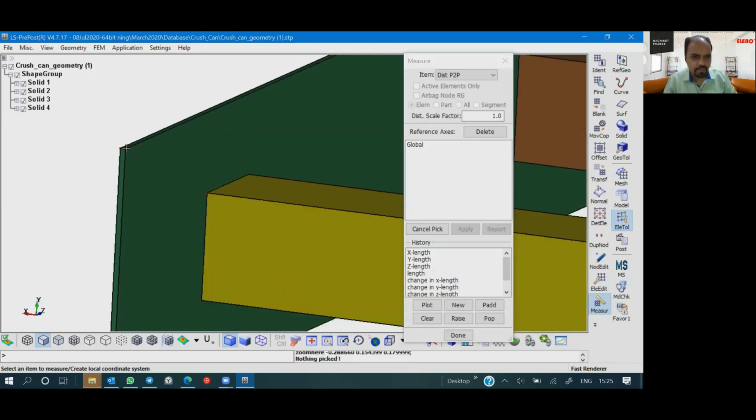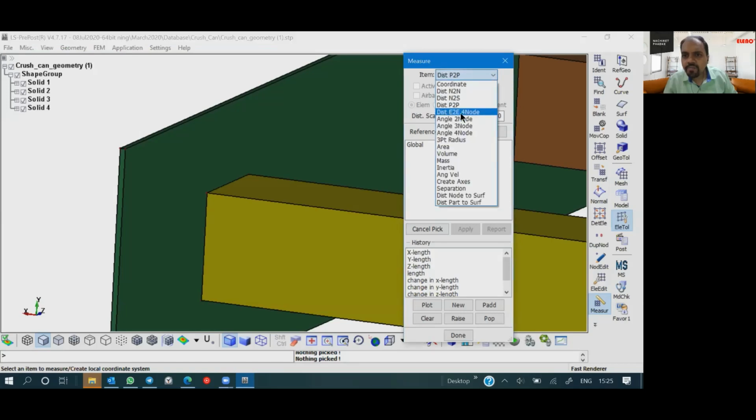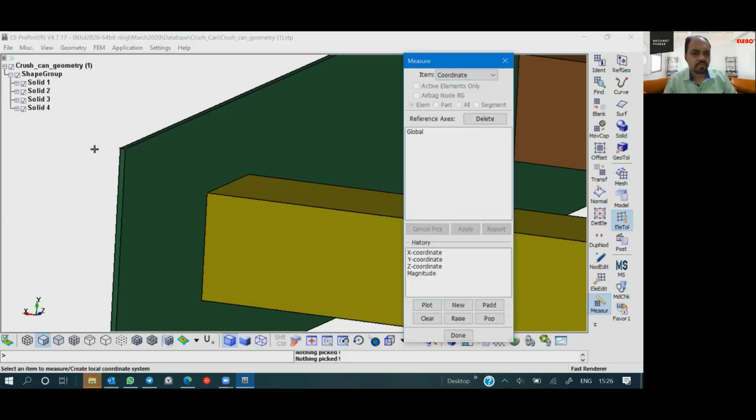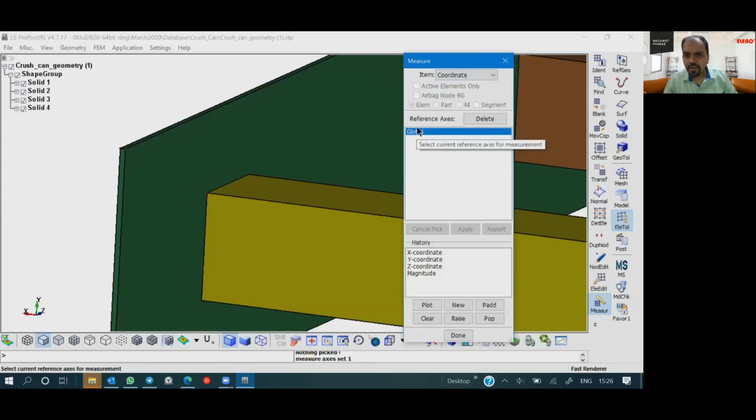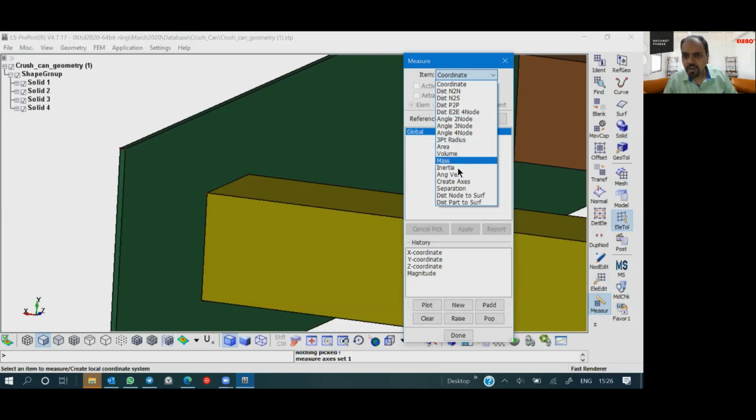Okay, wait a second. It is typically between two nodes, but let me check: distance, angle, area, volume.